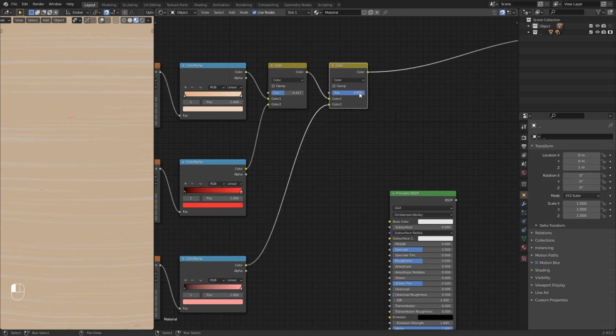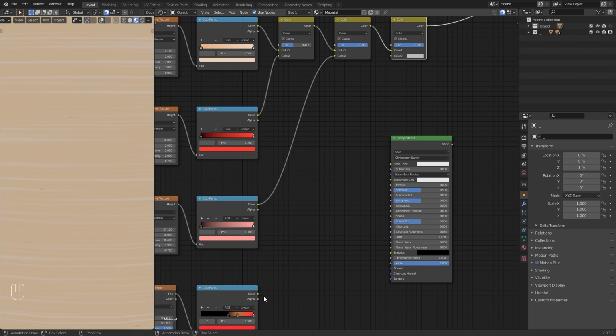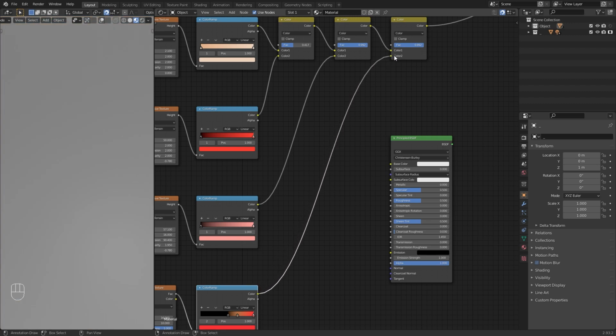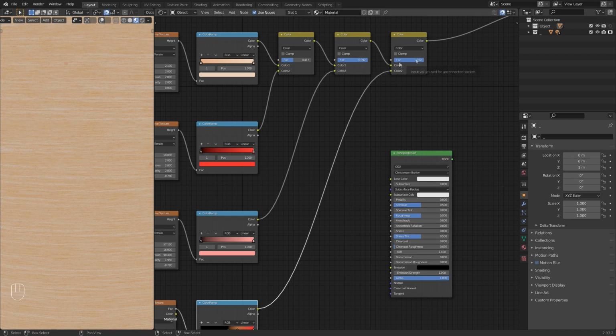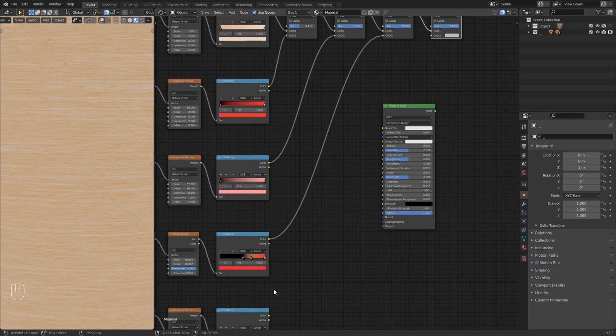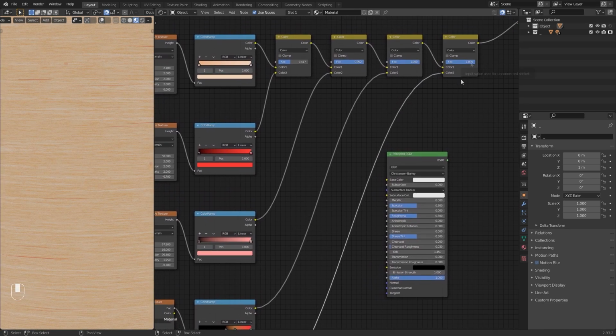Now duplicate this node again and connect the fourth texture to it. Give 1 for the value of this. You can now see how our color map is created gradually. Duplicate this color node again and connect the fifth color texture to it now. Give a value of 0.4 for this. We have now completed the work of creating our color map.